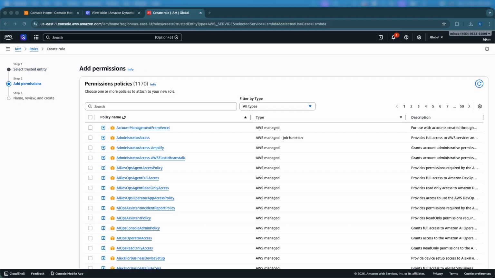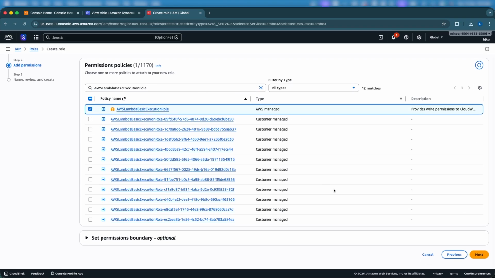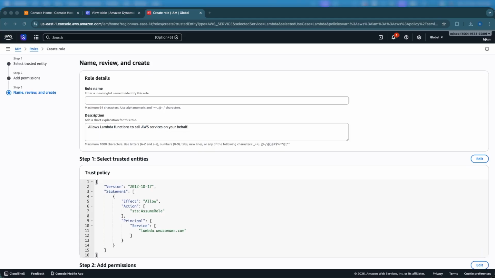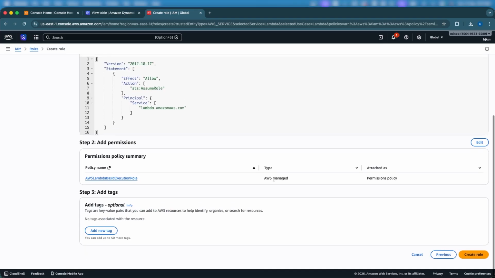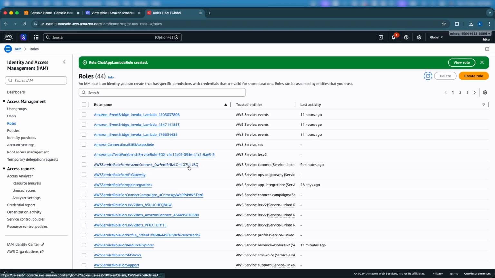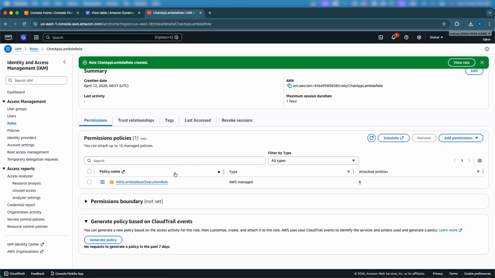Now I'm going to look for the Lambda basic execution role, right? This is an AWS managed policy. I'm going to select it, and then I'll give my role a name. Okay, then I'll proceed to create my Lambda role. So I'll search for my role, the chat Lambda role, and now I'm going to create an inline permission,